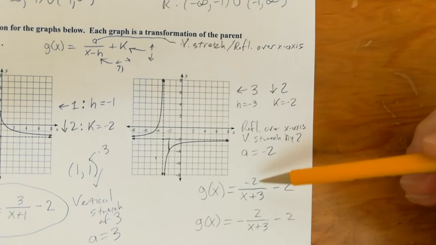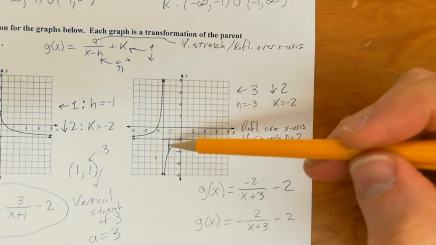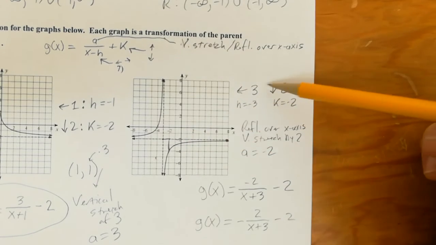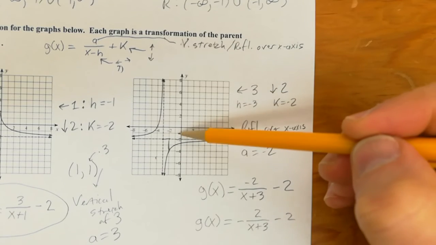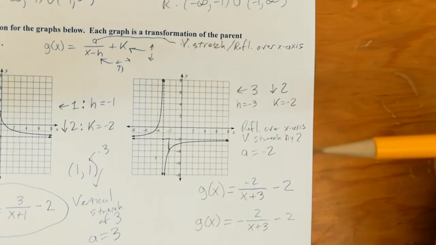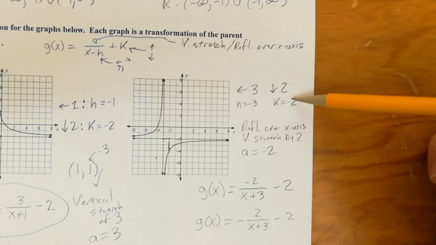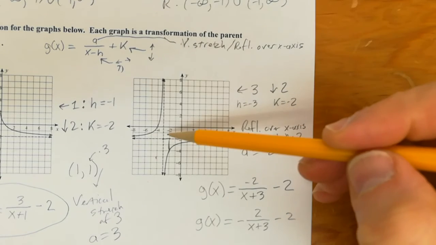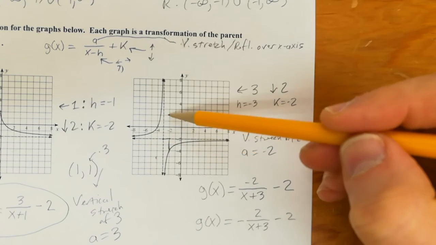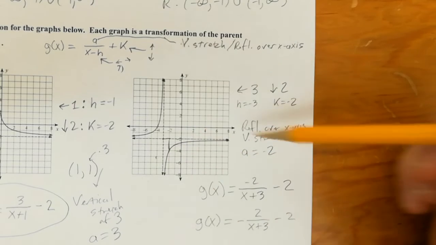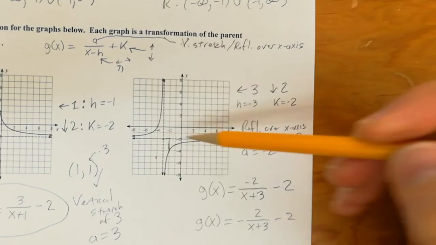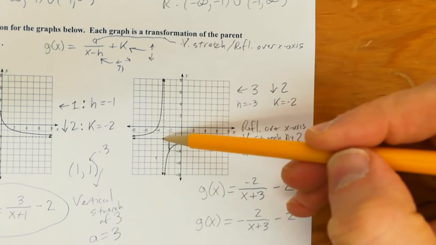So, I first identified my shifts here: left 3, down 2, so those are the values of those variables. There was a reflection here. If you go right, it's not up, it's down instead of up. So I knew there was a reflection over the x-axis, and I saw, well, from here, how many